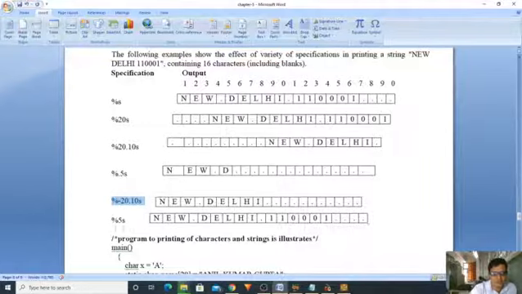If I say %5s, I have not given any precision, right? If you give the dot, it will print only the first 5 characters. If I have not specified the dot, then it is not a precision. Here it is taken as a width, right? In a width of 5 it is not possible to fit 16 characters, so it will display the entire output.